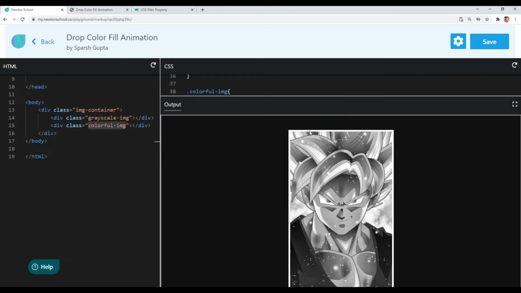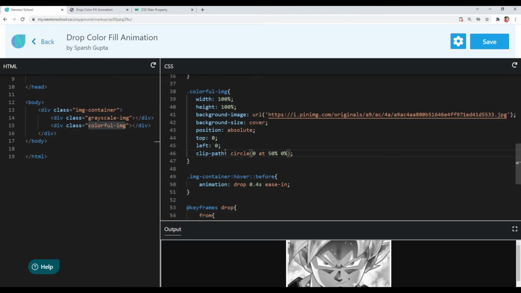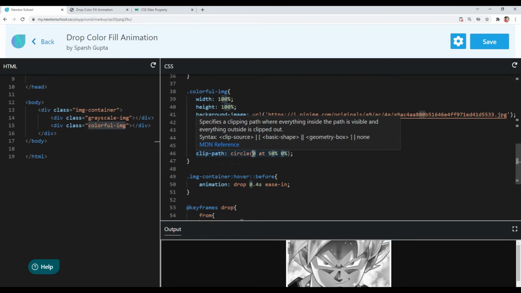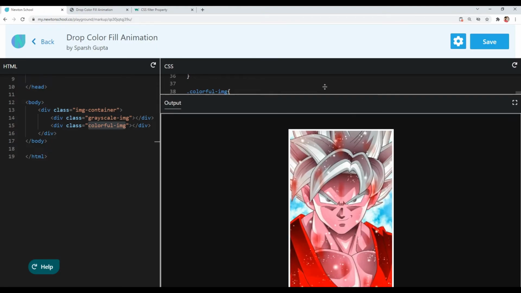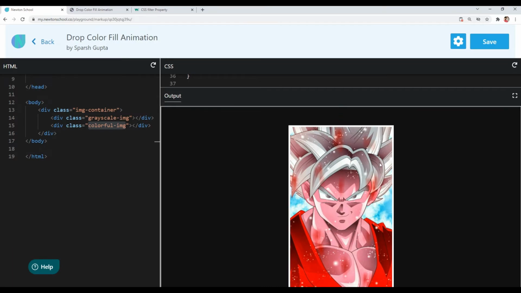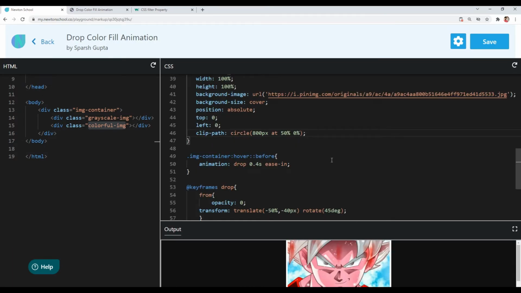So we have clipped our colorful image here, and when we hover on our image container, I will increase the radius of our clipped circle so that it covers the whole colorful image. Let's say if I increase it to 800 pixel, now you can see it is covering the whole colorful image, and that is what we want.